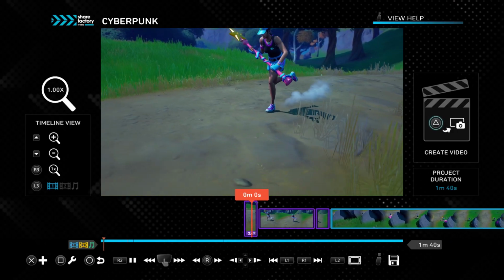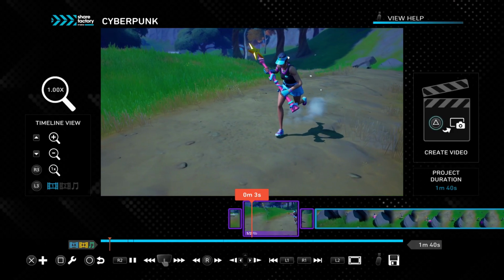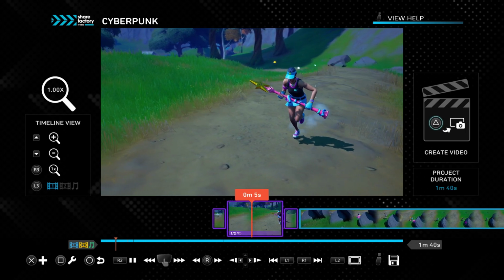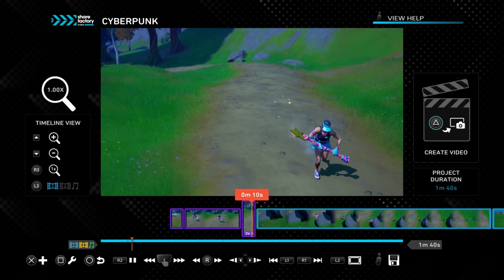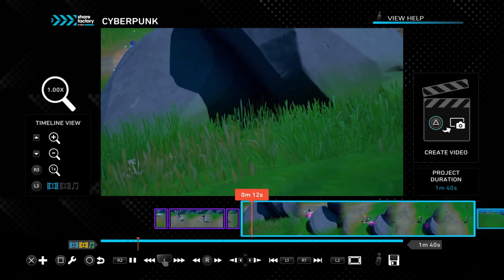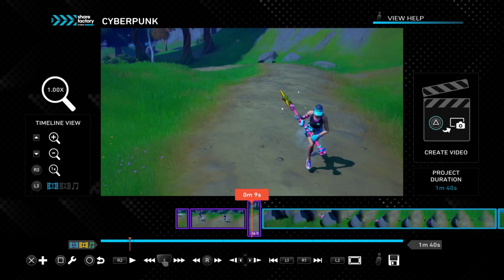And what this does is when you speed it up, these end parts are going to go really fast, but it's going to go really slow in the middle. This is what you want. This is a velocity effect, and this is what you want when trying to make your cinematics look a lot